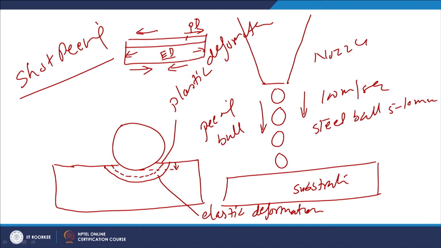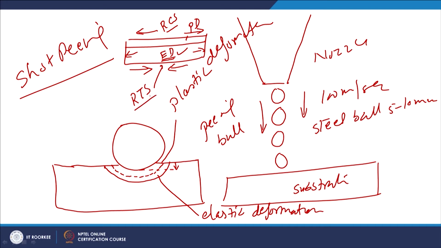So, this subsurface layer which is under elastic deformation will tend to come back, and this comeback will be resisted by the plastically deformed material, and therefore the surface layers come under residual compressive stresses. The layer under elastic deformation, because its comeback is not permitted, as it is metallurgically connected and joined with the surface layers which are in the plastic deformation state, will be under tensile residual stress conditions.